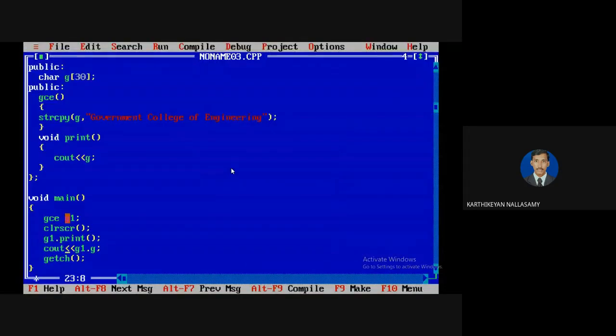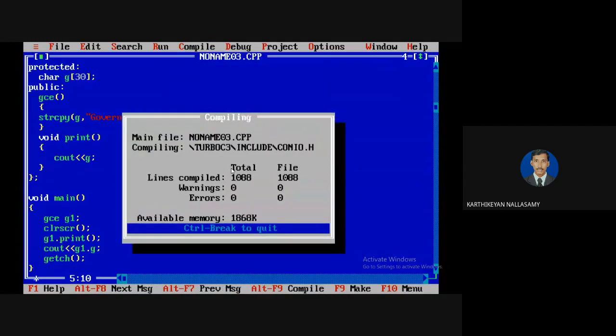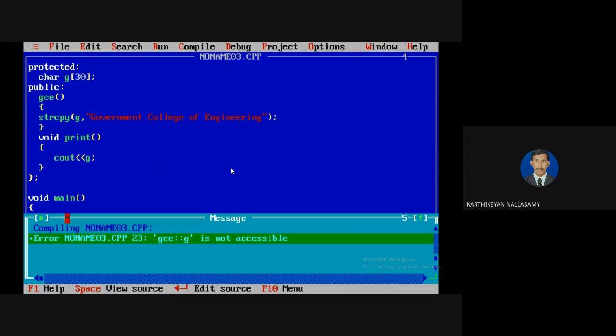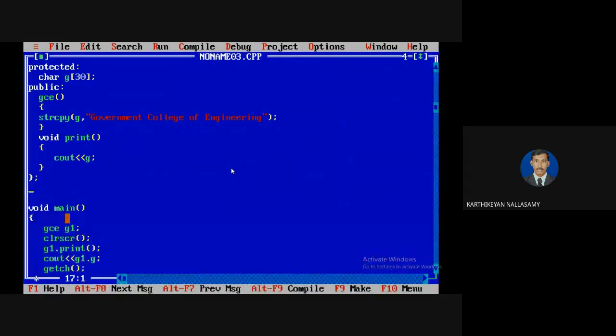Okay, so this is the access modifier. Protected is another access modifier. Protected is not like public, and it is not private either. It means that it can be applicable only to a derived class. Derived class means, for example, my class name is GCE. I want to use it for CSE. I want to use the concept of GCE property for the CSE department. This is called the inheritance concept. We will discuss it in the later part of the session.